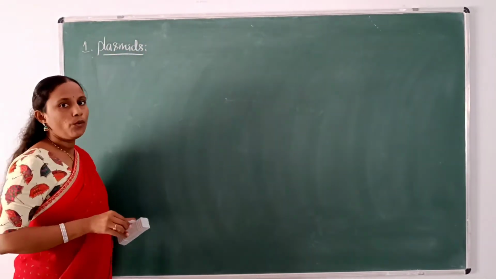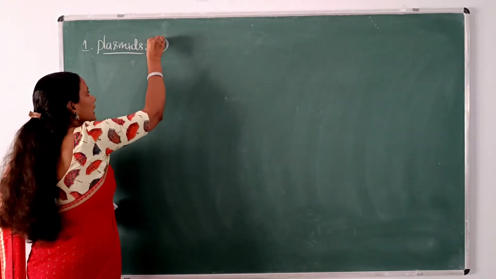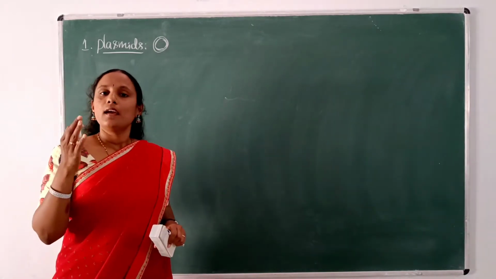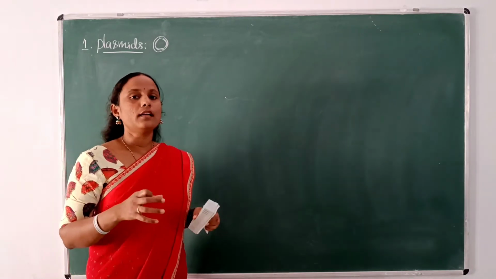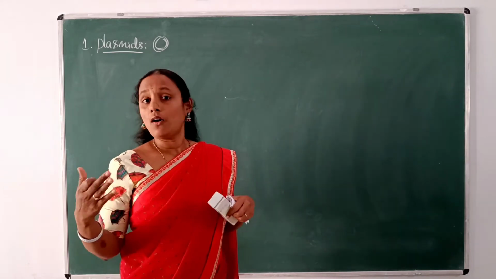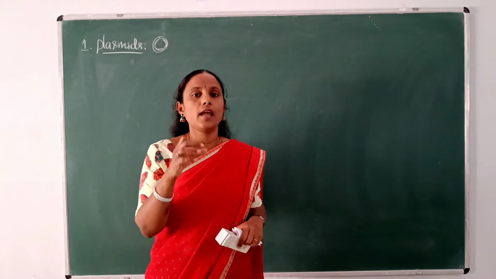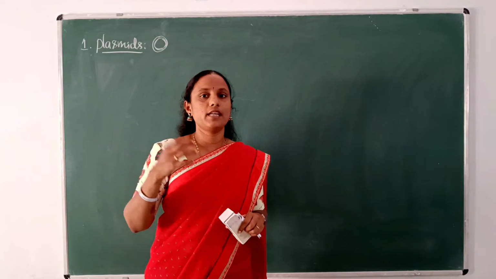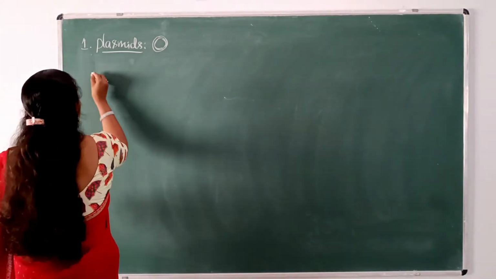Plasmids, as we know, are circular double-stranded DNA capable of undergoing self-replication in bacteria. So naturally they are found in bacteria, but these plasmids have been modified and altered in order to use them in biotechnological works. We shall take up two examples of plasmid vectors which are popularly used in biotechnology. One is